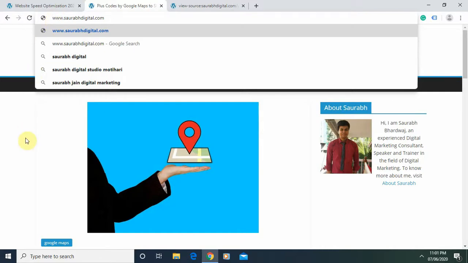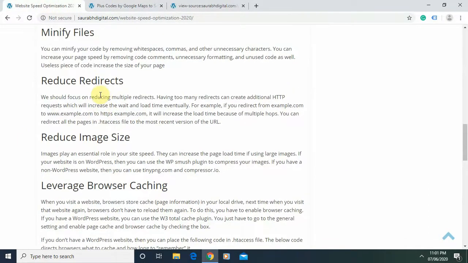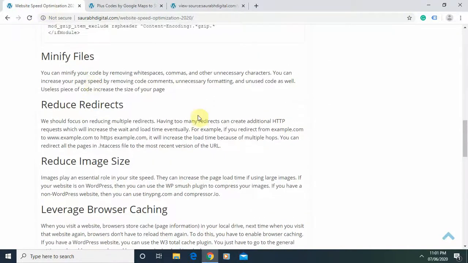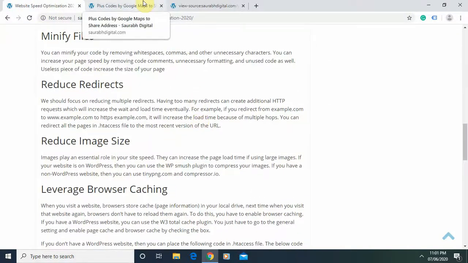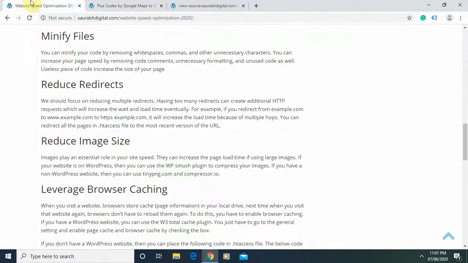So you can have multiple versions of your website. What will happen is, you have to reduce the number of redirects to reach the final destination of your URL. Otherwise, the browser will have to go through additional redirects to reach the final URL of your website. So you have to avoid multiple redirects, right?